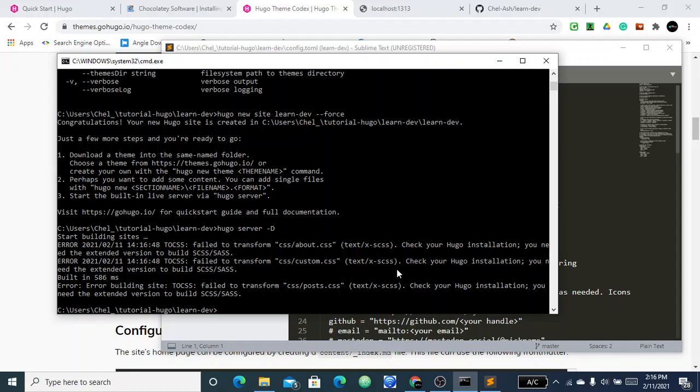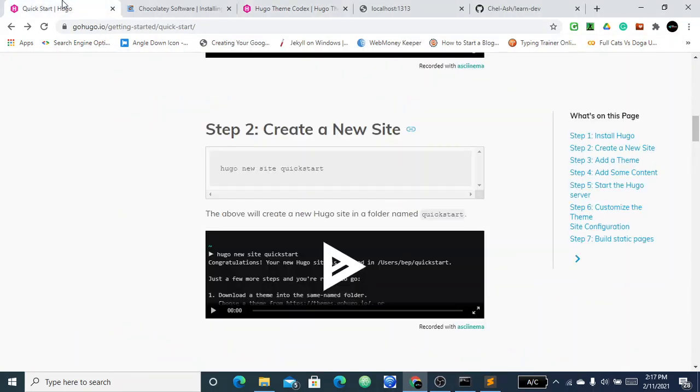Wow. Okay, so yeah, a lot of things coming up. I didn't even expect all this to come up, but thankfully I just know my way around. So now you can see the error that is showing is that we don't have the extended version to build SASS files, and I have the normal Hugo. I just installed the normal one. So when you are doing that, you should probably go with the extended